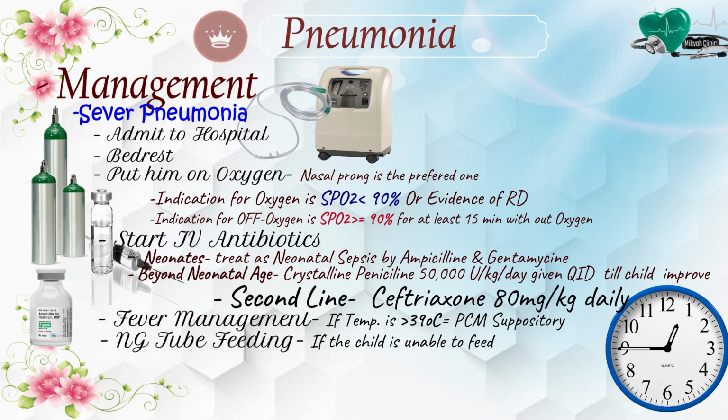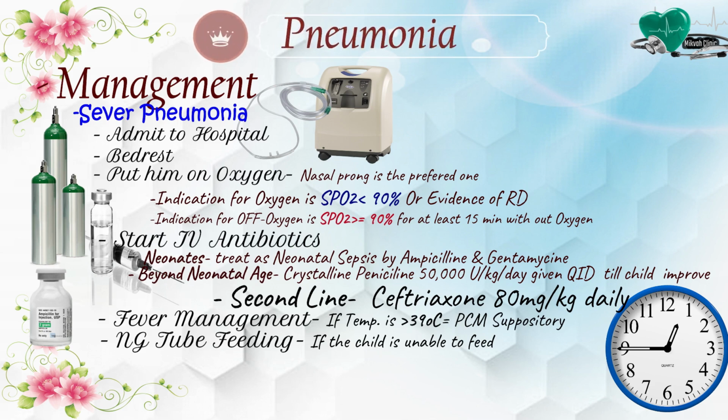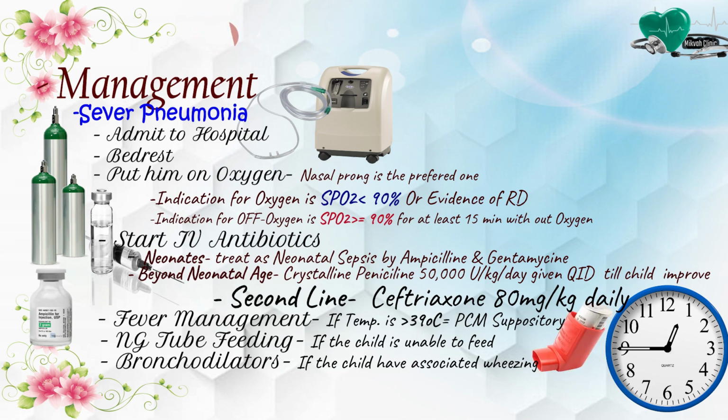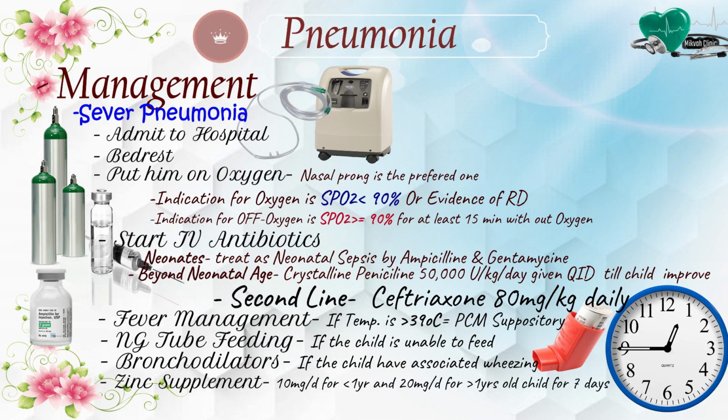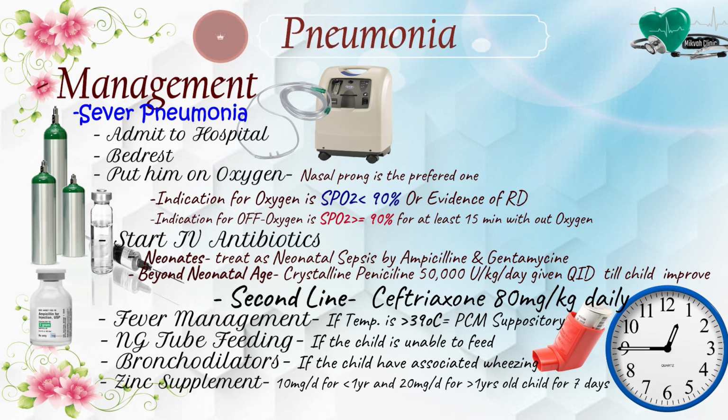If he is unable to feed, we have to start NG tube feeding, because don't forget that there is a risk of aspiration in the child with respiratory distress. If there is severe wheezing associated with pneumonia, bronchodilators can be used. And finally, don't forget to start with zinc. Zinc is good. Usually, zinc is used to manage a child presented with AGE, acute